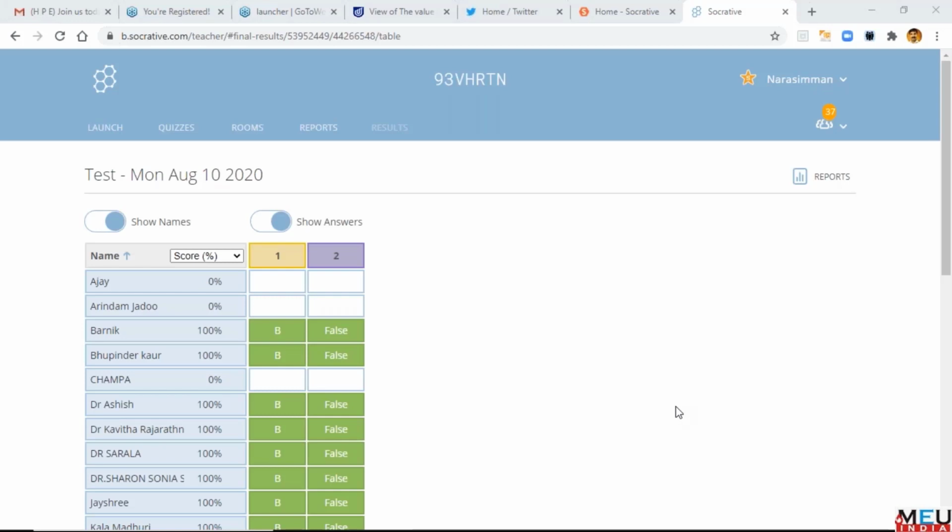Now that you have learned this, we would like you to create a quiz. Probably we'll play your quiz next time. Then we'll go on to how to use the rooms, and how you can keep creating many rooms. We will learn that in the coming session. Any more questions?